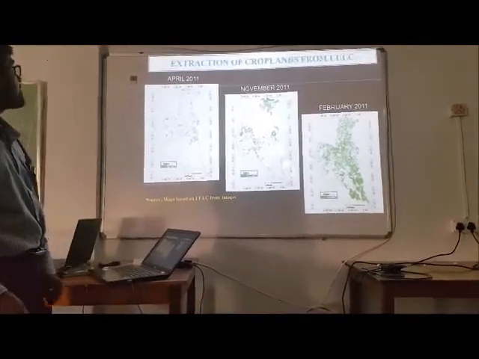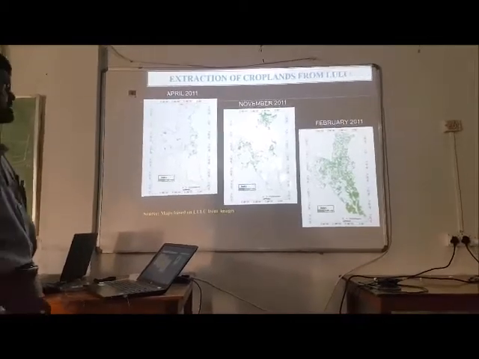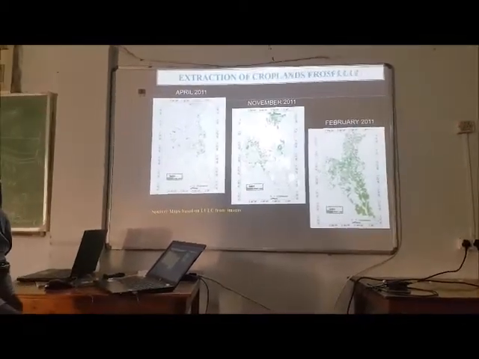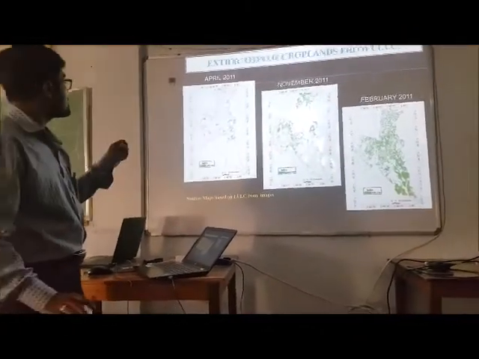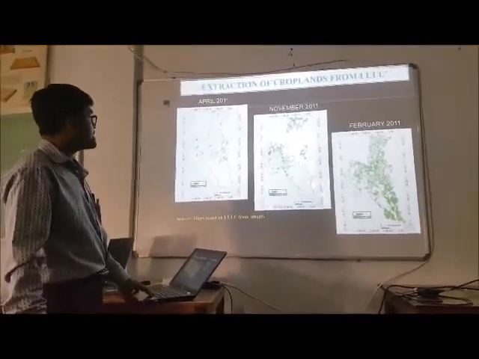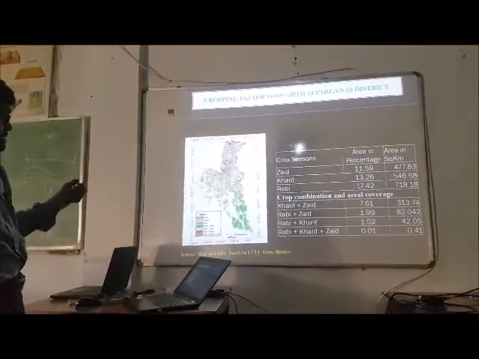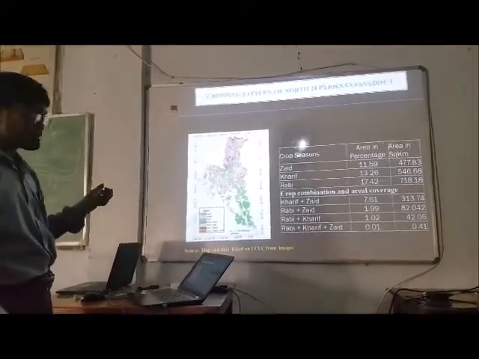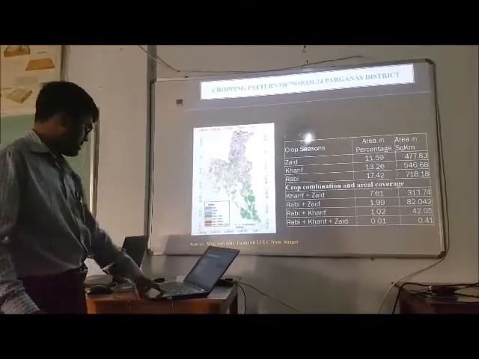And these are the extracted croplands from LUC of North 24 Parganas for different crop seasons. Here, if we combine them, we can get the single crop region, double crop region, and triple crop region of an area.